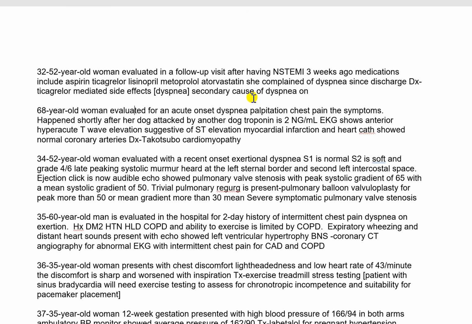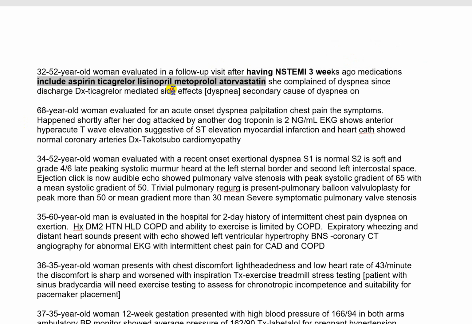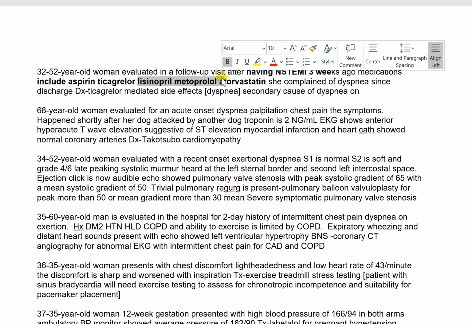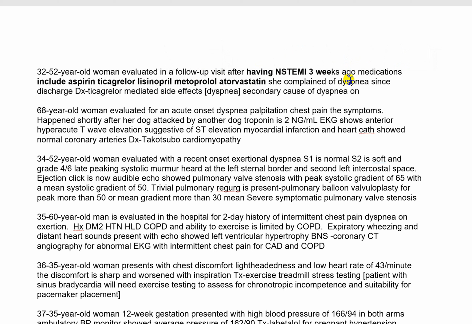Now we have a middle-aged lady that had an MI 3 weeks ago, and she was given medication. What do you give medication for an MI? Yeah, two antiplatelets, beta blocker, statin, and anticoagulant. It looks like she had HFrEF as well, so that's why they added metoprolol. Usually, if the heart rate is a little bit high, tolerate the metoprolol. And then she developed dyspnea. Dyspnea is a side effect of ticagrelor, just something to keep in mind. If they ask you someone has dyspnea after ticagrelor, this is a common side effect of ticagrelor.